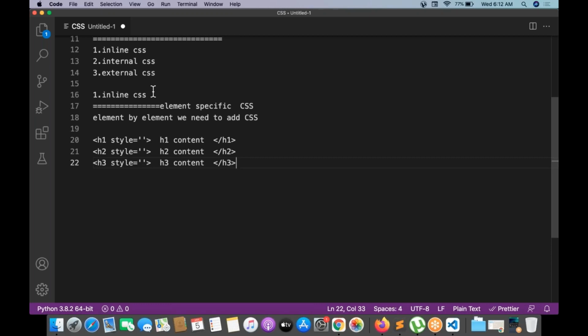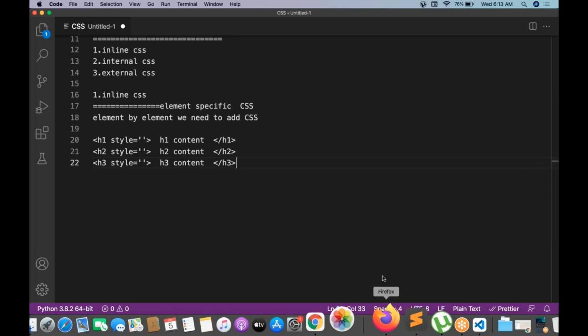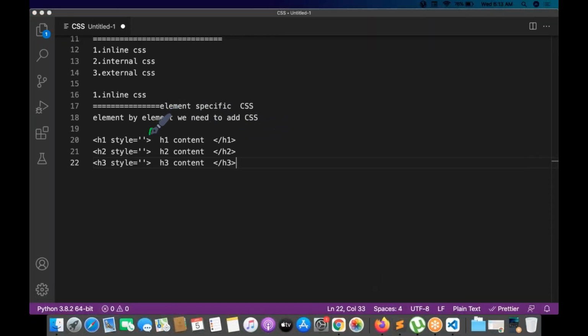For example, if I have 1000 elements in my web page, 1000 times I need to write CSS. 1000 times I need to integrate CSS. CSS is injected every time for each and every element.